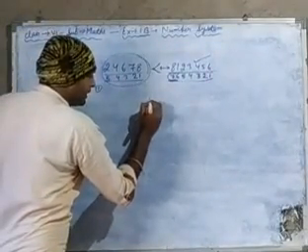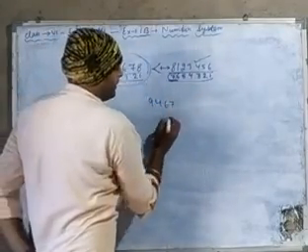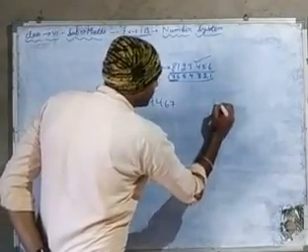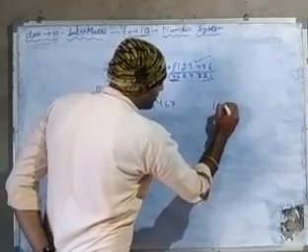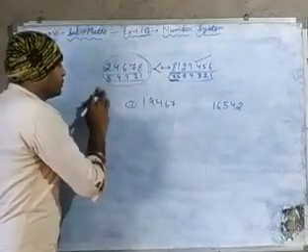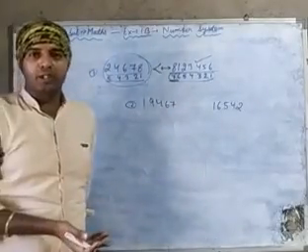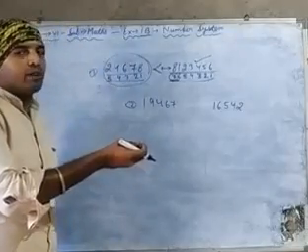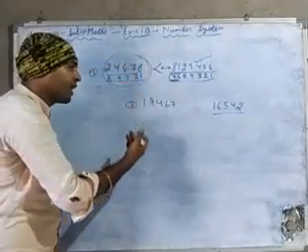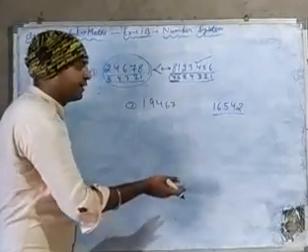Suppose again I have written the number 9, 4, 6, 7, 1, and one more example, 1, 6, 5, 4, 2. Then we have to find the larger number or the smaller number. When you find the smaller number, with its help you can get the larger number, and with the help of the larger number, you can find the smaller number. So let's start. First we will find the larger number.